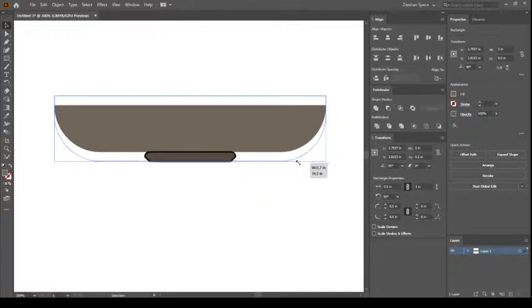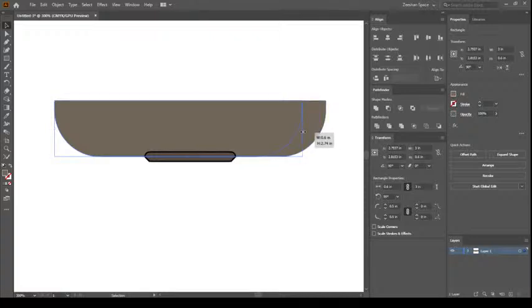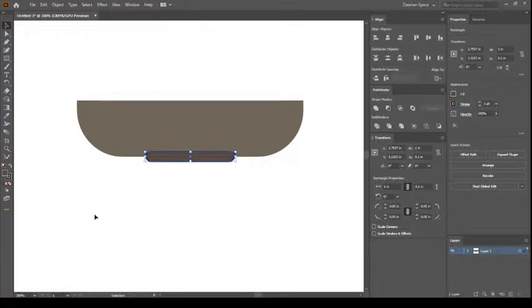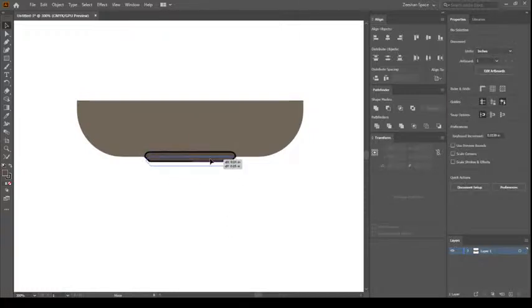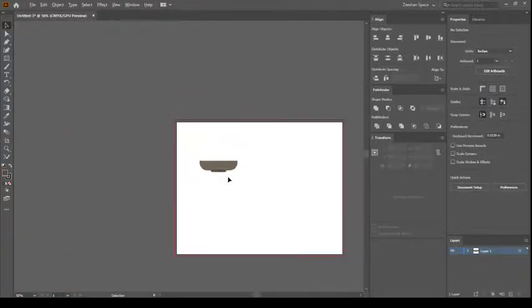First of all, let me make it a little taller here, then something like this. Okay, now it's better. Now I am done with this size. As I told you before, if you press the Alt key on your keyboard, you will be able to change the size from both areas at the same time. It will not grow from one side, it will go from both sides if you're using the Alt key. Let me move this a little bit down here so it can touch this. So I have this bowl ready,